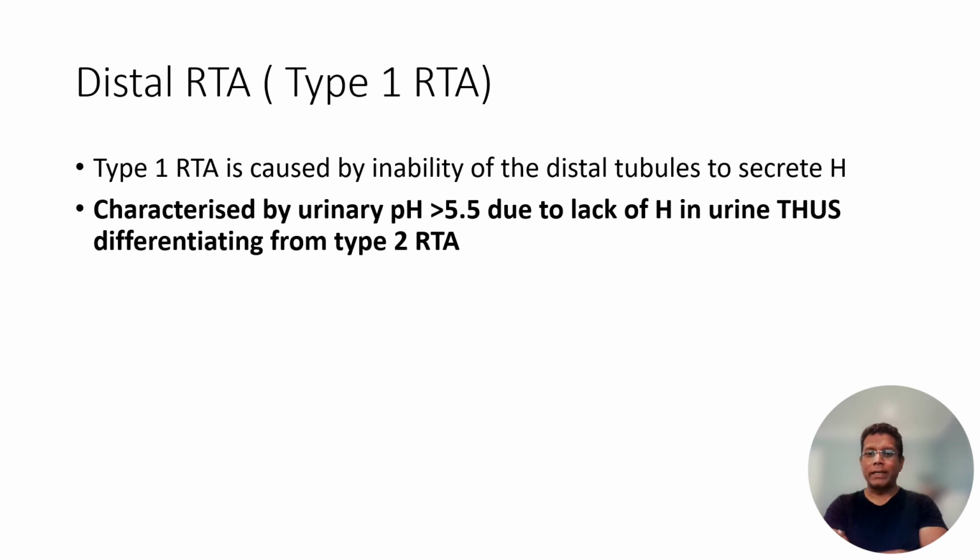Except when you're looking at distal RTA. So what was the problem with distal RTA? The distal RTA, the problem was inability to excrete hydrogen. So if you can't excrete hydrogen, your urine pH is going to be high. So some say more than 5.3, some say more than 5.5. So distal RTA is the only metabolic acidosis condition in your body where your urine pH stays more than 5.5. Any other acidosis, your urine pH will be appropriately low and acidic, and therefore that's how you distinguish between the two